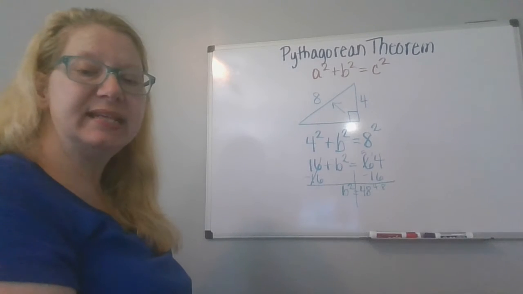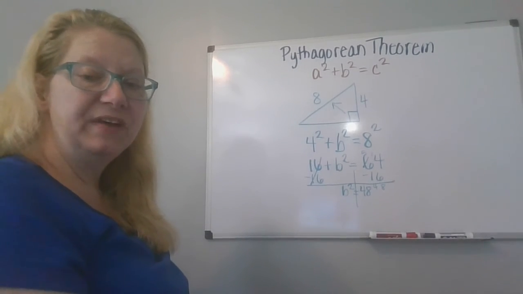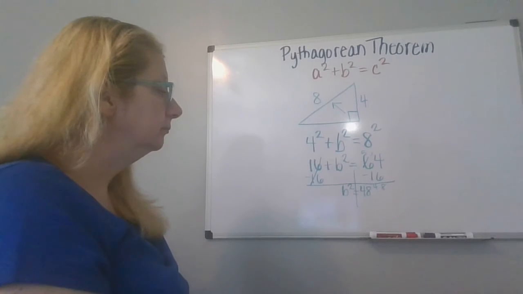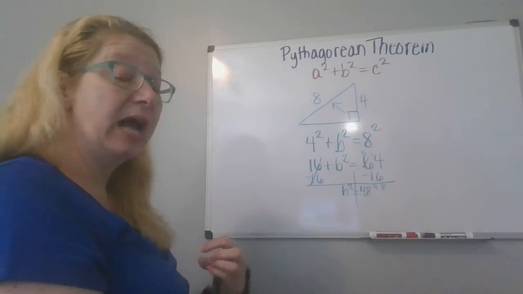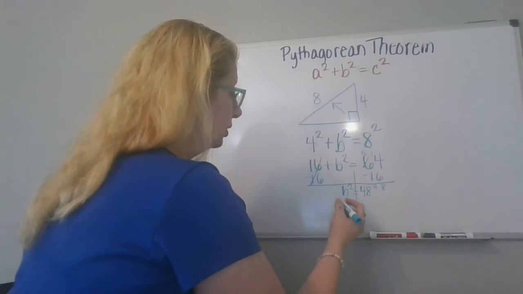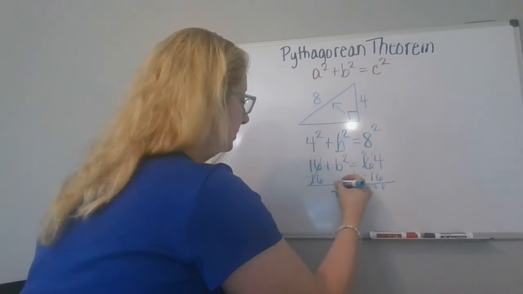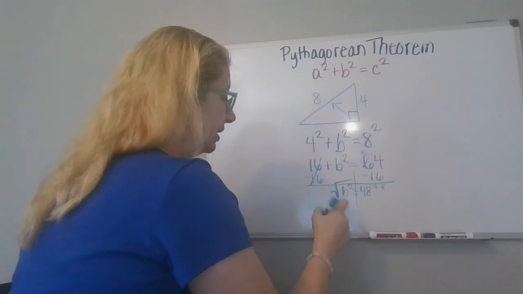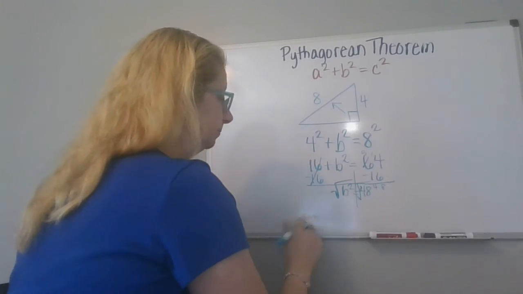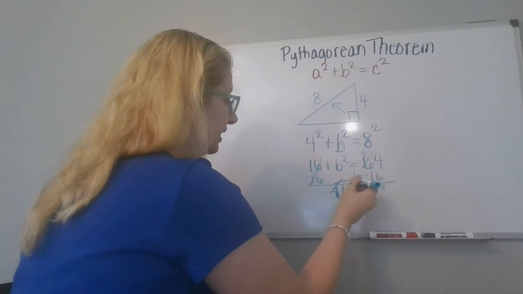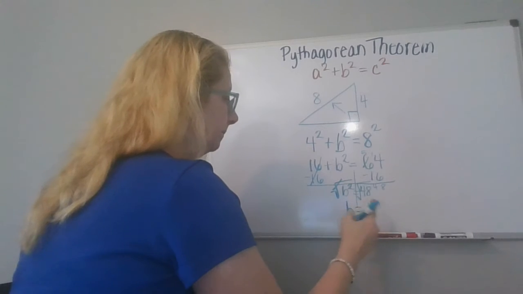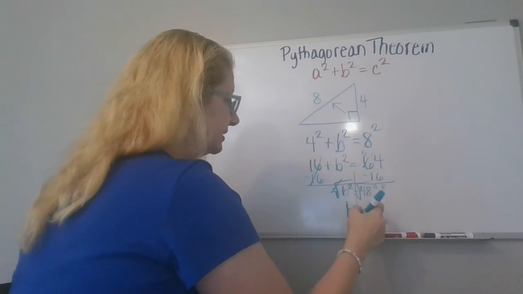And what do you think our next step is? We've got b squared equals 48. We need to know what b is, not b squared, but just b. So in order to do that, we're going to have to take the square root of b squared, and if we do it to the left side, we must do the same thing to the right. So the square root cancels with the square, so we're left with b equals, and the square root of 48,